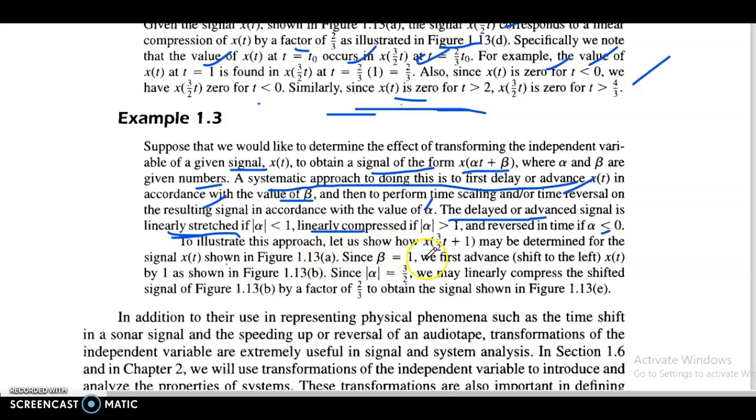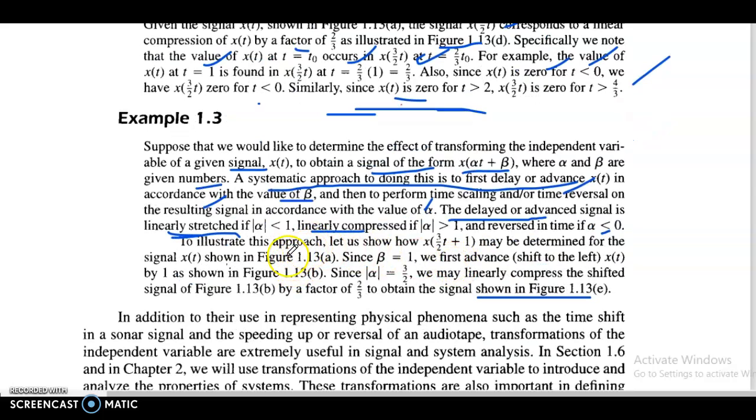Since beta is equal to 1, we first advance, shift to left, x of t by 1 as shown in figure 1.13b. Since mod alpha is 3 by 2, we may linearly compress the shifted signal in figure 1.13b by a factor of 2 by 3 to obtain the signal shown in figure 1.13c. That is,